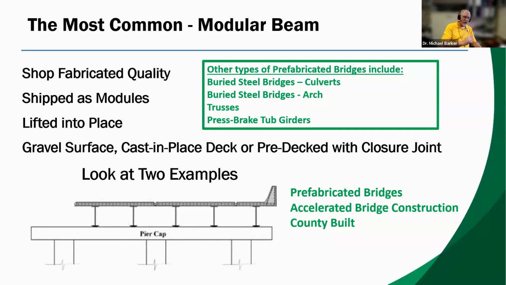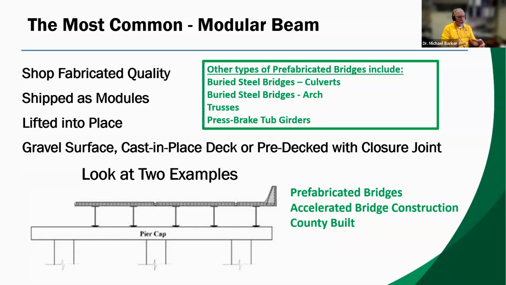I talked about those a year ago at a Minnesota LTAP webinar online. Trusses and press brake tub girders. So I'm kind of leaving that for going backwards if you're interested in those, because the most common prefabricated bridge that our companies put out there are modular beam bridges,